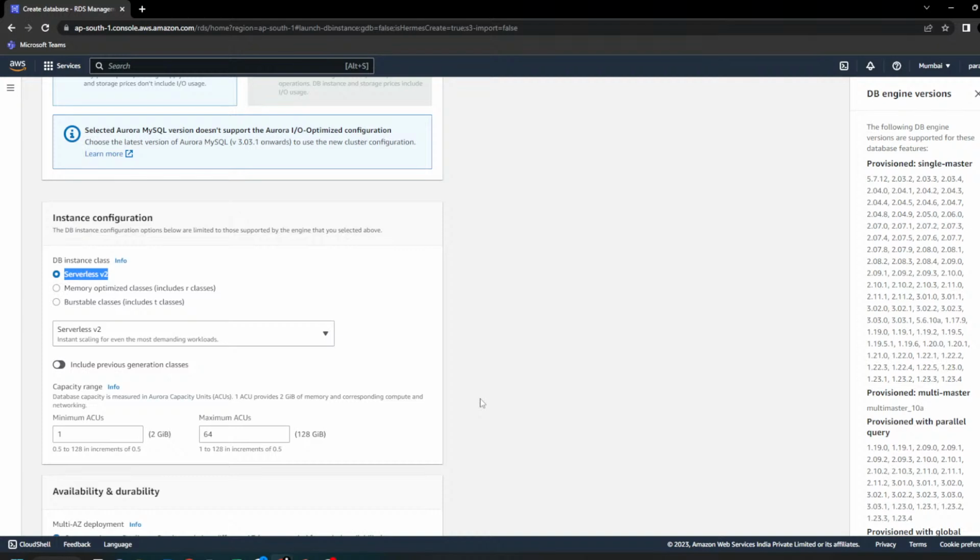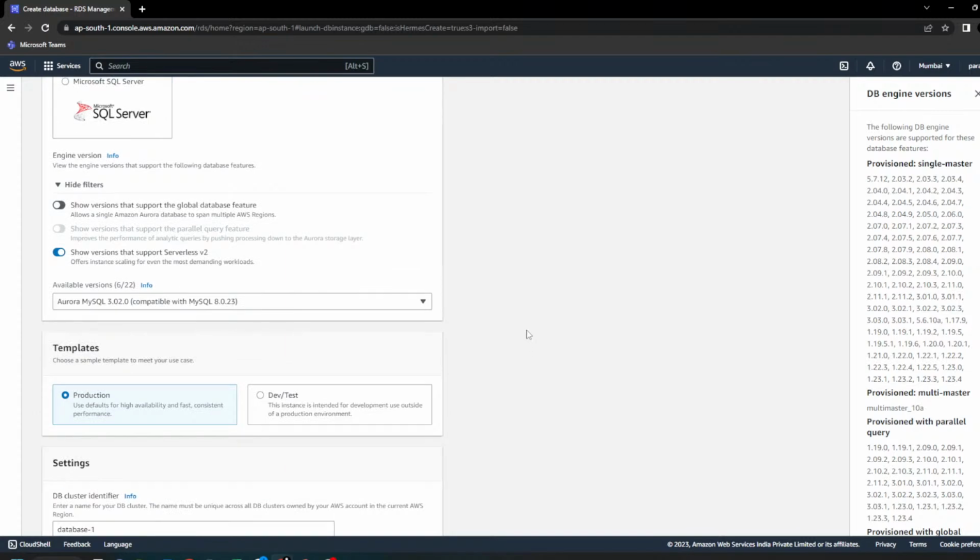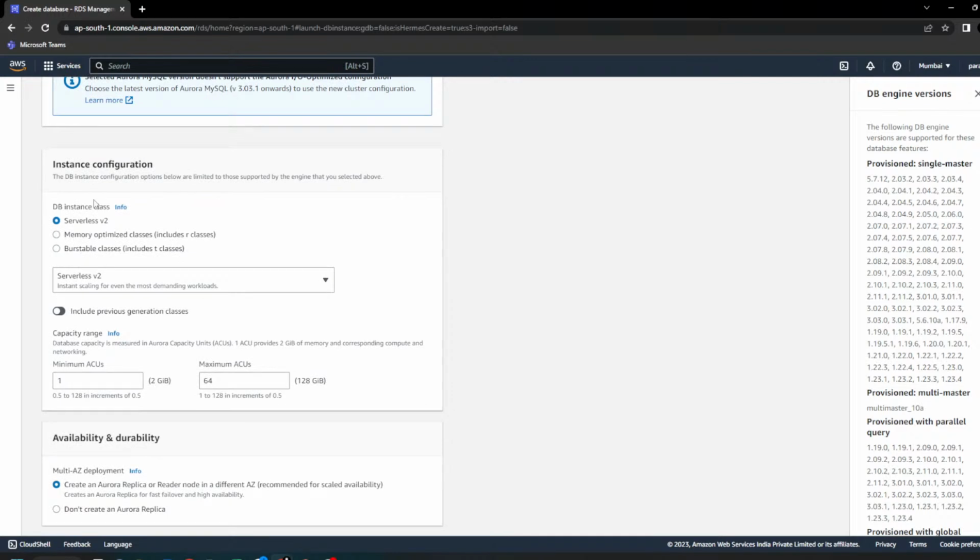We have an alternative of serverless in EC2 as well, which is called Lambda. We will cover that in our further classes. But right now in Aurora, Amazon has given you a feature called serverless, where you don't have to specify the underlying hardware. As you are running your application, if Amazon feels that you require more CPU, more RAM, it will automatically allocate that up to 64, 128 GB, which you have defined. Okay,